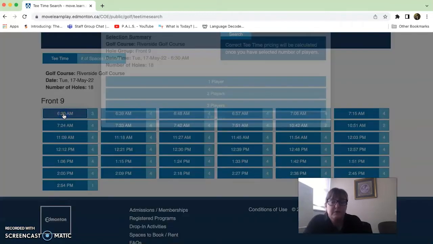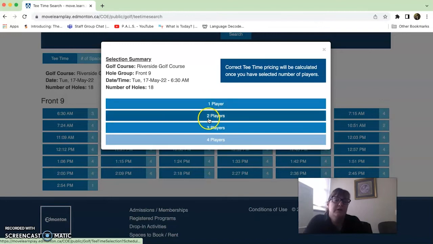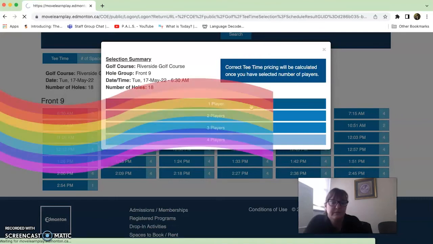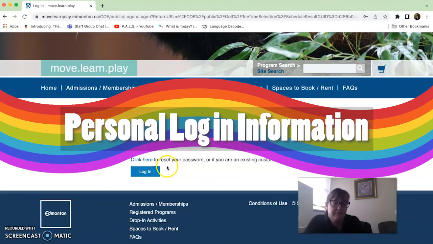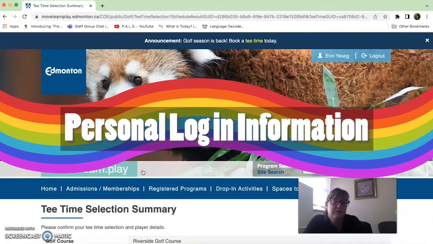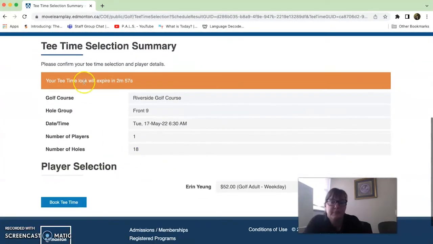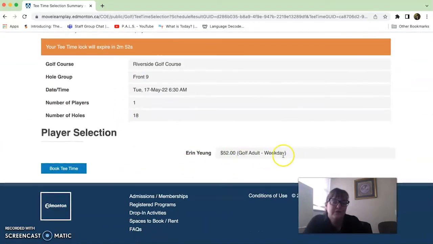So let's say we want to go at 6:30. You have 1, 2, 3, or 4 players. It says here, correct tee time pricing will be calculated once you've selected the number of players. So I'm going to say 1, and then it asks me to log in. So at this point, if you didn't have a login, it would make you log in. And then it says what you're doing, and it tells you how much it's going to be. So then you can book your tee time, and it will charge your credit card. So if I click on book tee time,